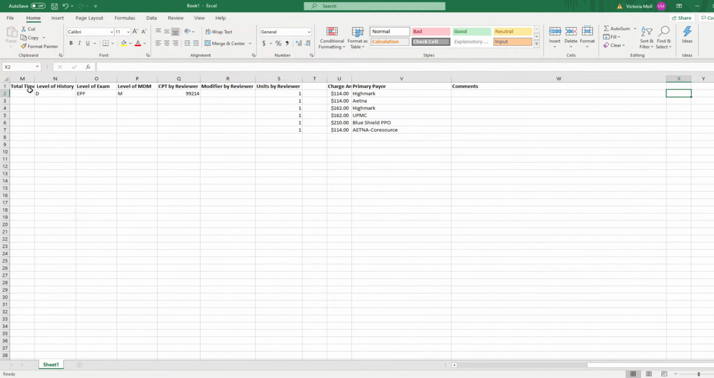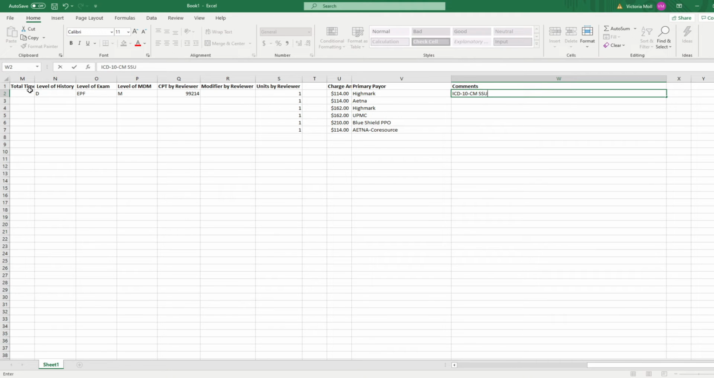And then comments. So that's where we put our feedback. Now, if the provider hadn't met the criteria, I would maybe say, you know, a level 4 established patient visit requires 2 of the 3 criteria: detailed history, detailed exam, moderate level decision making. And because this had expanded problem focused history and low medical decision making, it only met a 99213, something along those lines. But this one met, but I still want to make a comment maybe regarding the diagnosis coding. So let's see,